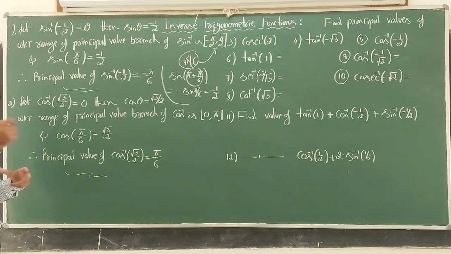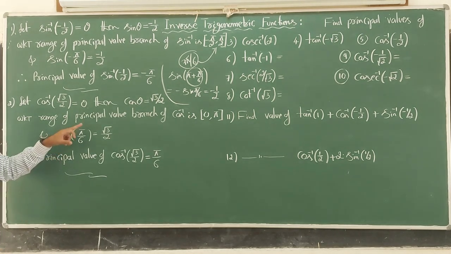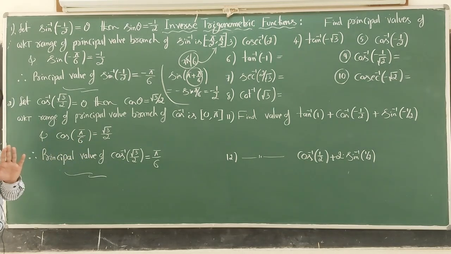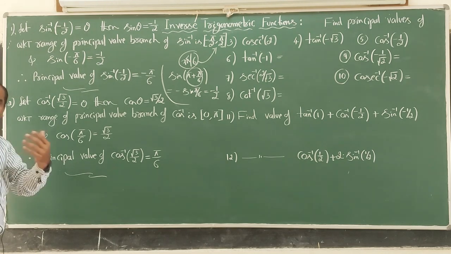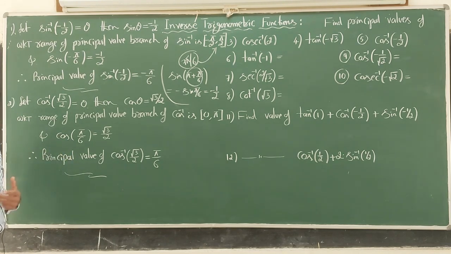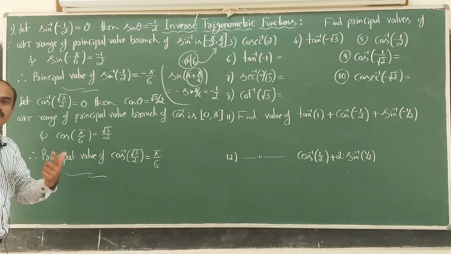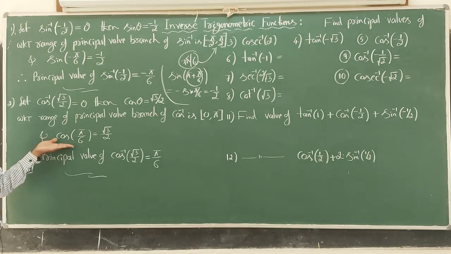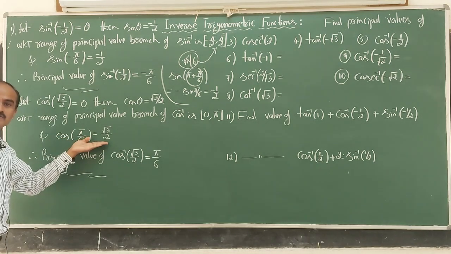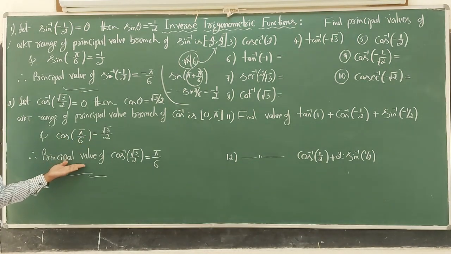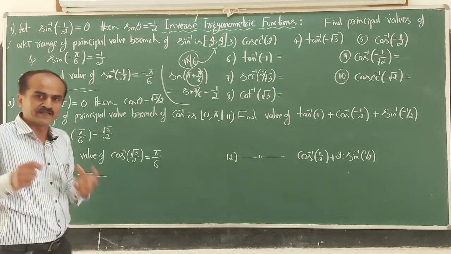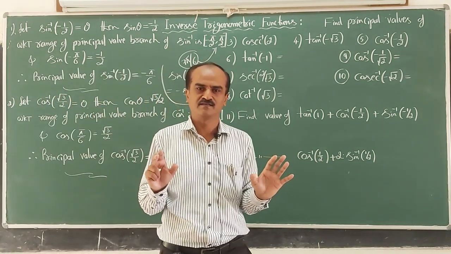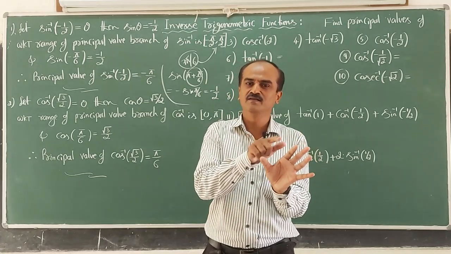How to find that angle? Very simple. Cos of which angle gives us root 3 by 2? Cos pi by 6 is root 3 by 2. You subtract that angle from pi, because cos of pi minus theta is minus cos theta. Pi minus pi by 6 is how much? 5 pi by 6. So, cos of 5 pi by 6 will give us minus root 3 by 2. In that case, the principal value of cos inverse of minus root 3 by 2 is equal to 5 pi by 6. Cos inverse of a negative number does not give a negative angle. You have to write an angle in the interval 0 to pi only.